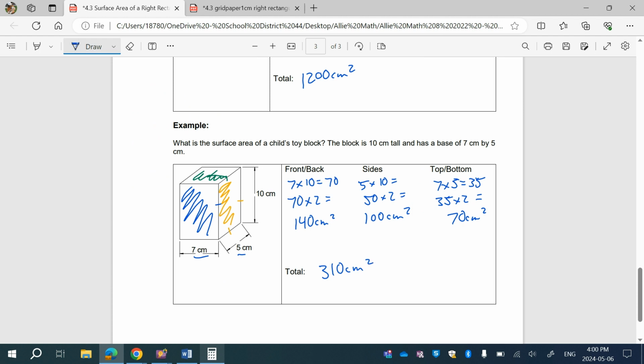centimeters cubed. I like to think, when you have three lengths, you're going to end up doing every combination. So you're going to do